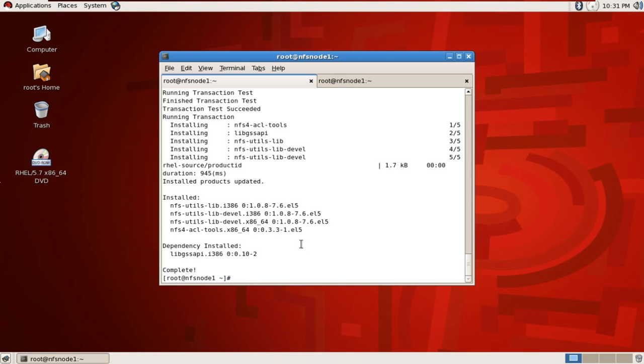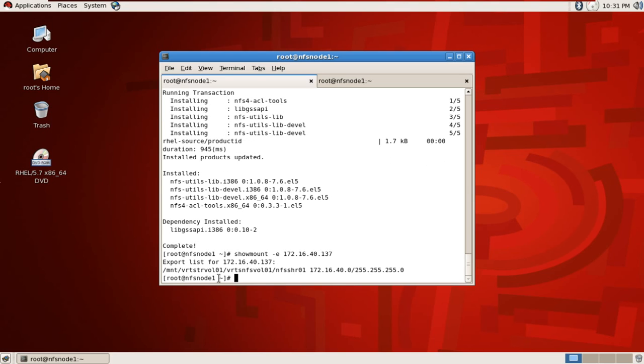Just mount an NFS path on NFS lock, because it is needed for the failover cluster. So I have my NFS share from Openfiler again, 172.16.40.137. This is my NFS lock. So just